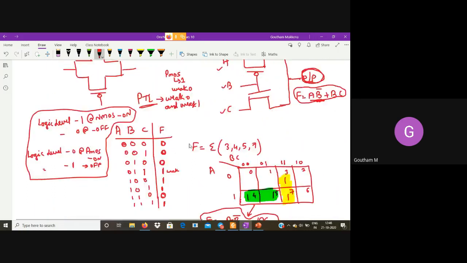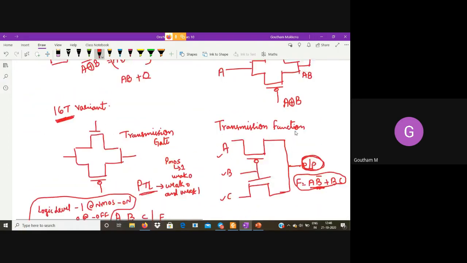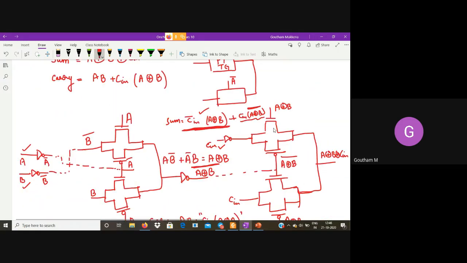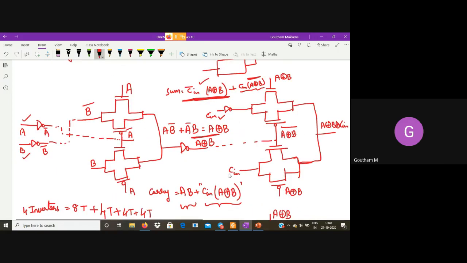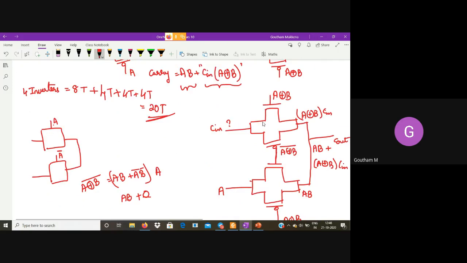So basically, the same structure repeats with appropriate signals in the second XOR. So how many transistors do you save here in this XOR? Sir, 2. So in this arrangement also, you will be saving 2. And this is unchanged. The Cout will remain unchanged.